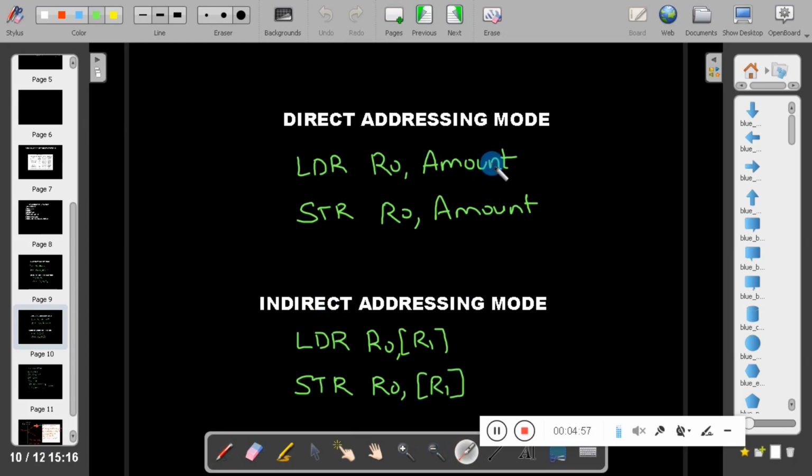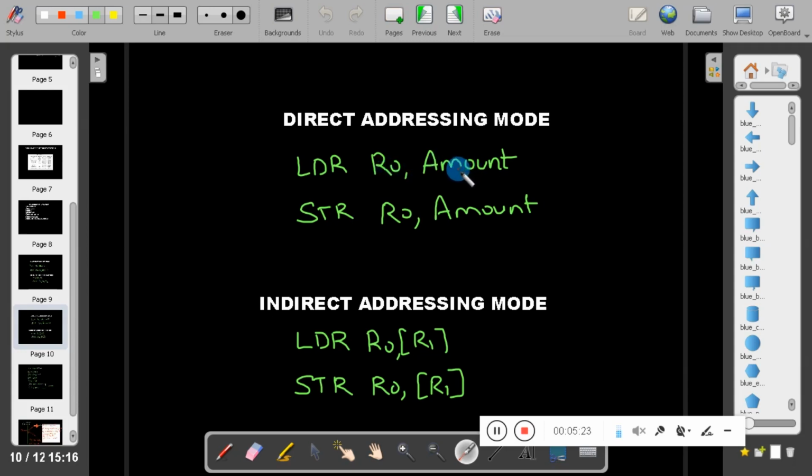While writing a program, we create the variable in memory and mention that variable. Our assembler or compiler, while assembling or compiling, converts this variable into an address, and that address is given to the register R0. That's why it is called direct addressing mode, because at the end of the day we are mentioning the address here.